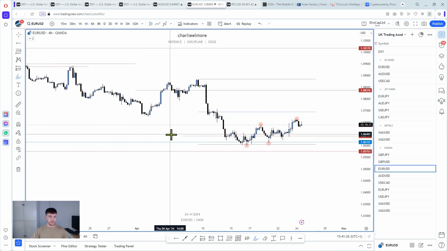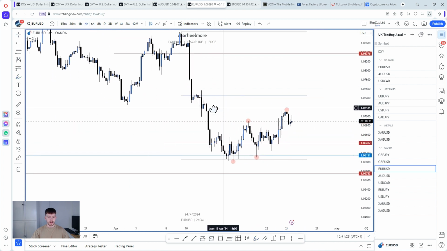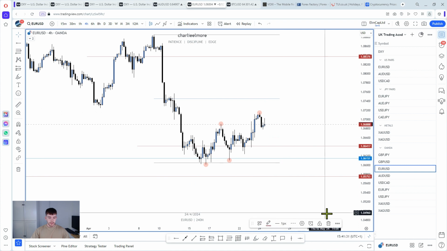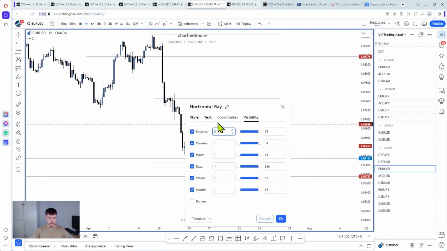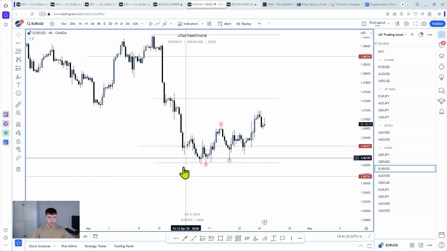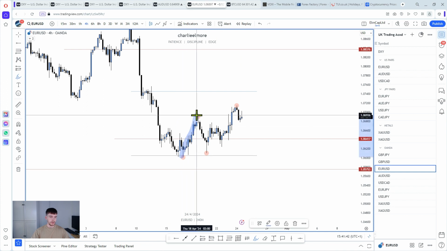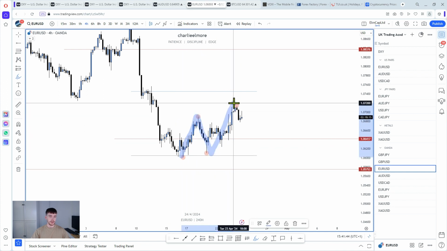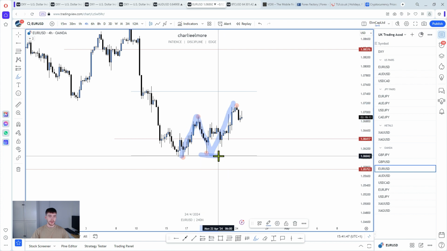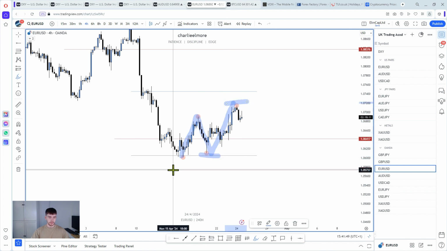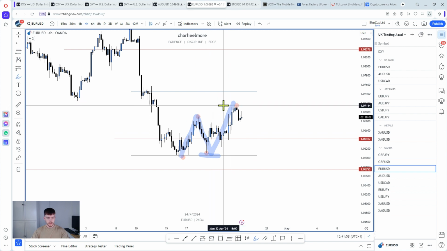So on the 4-hour time frame, let me just take this off of the 4-hour so we don't get too confused. You can see that off of these higher time frame levels, price has started to print higher highs and higher lows. So we are now bullish on the 4-hour. There's no question about it. We're now bullish because we made a high, a higher low, and a higher high.